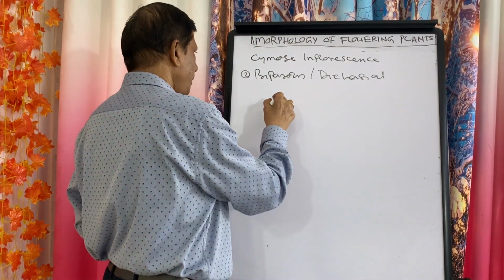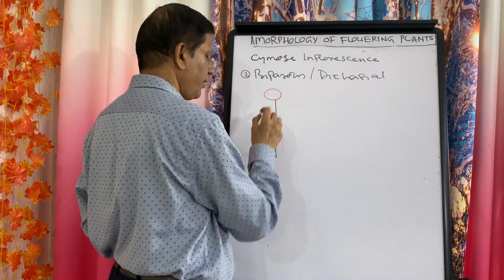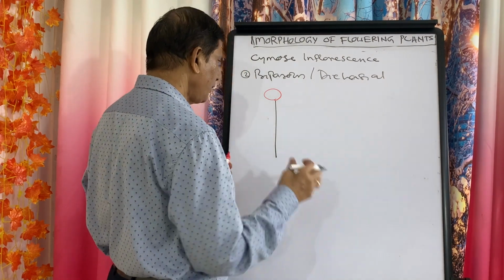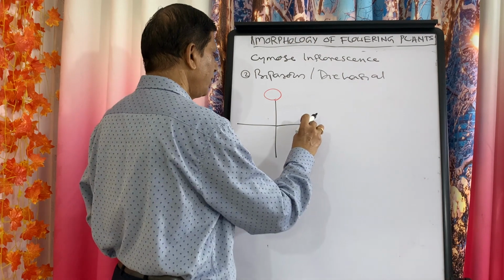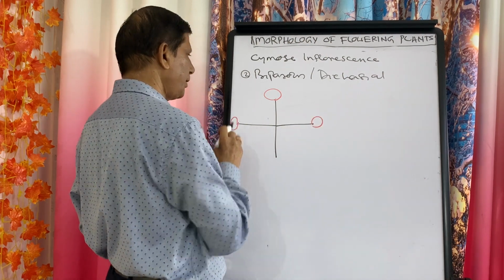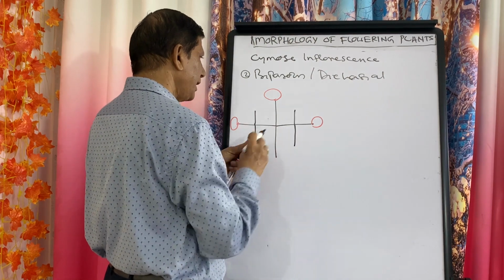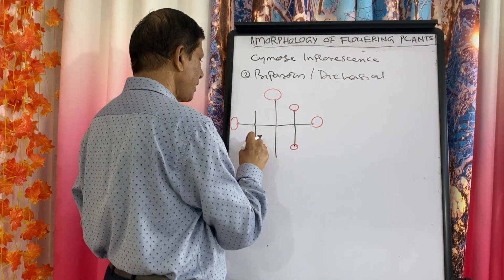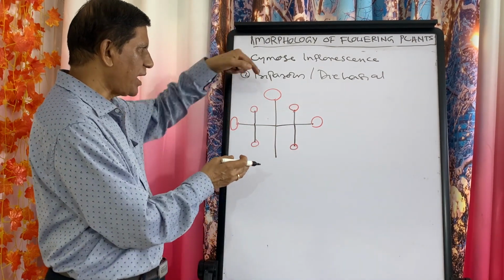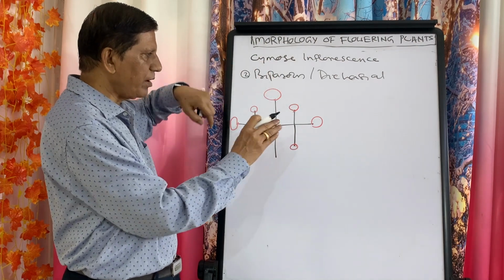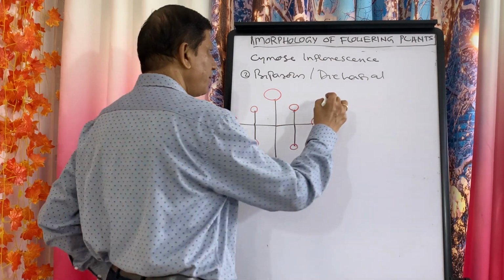That means suppose this is the axis. Now this axis terminates with one flower. Then what about the next one? Now two pedicels will come out. This will terminate with one flower, and this will terminate with a flower. Then at the third level, again two flowers will come out simultaneously. That is why it is known as biparous. That means first it terminates with one, then all the flowers come in two in number to either side. So this is very common in case of